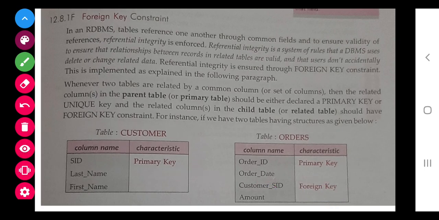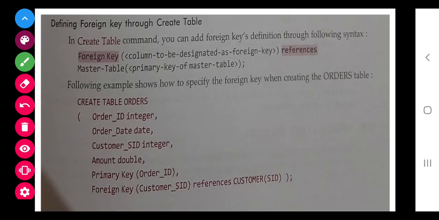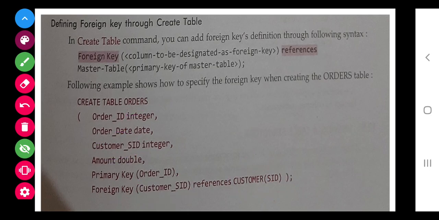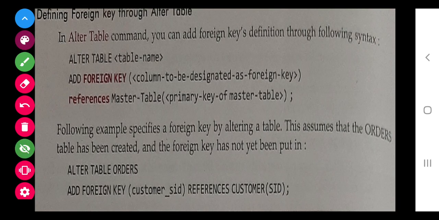While creating a table, we can do alter also. So in this way we can give. Now see, while creating a table, how you are going to do it. When you create the second table, here you have to write foreign key customer ID, which is already created, and refers to the customer table. In the customer table there is a column which you want to refer to. So that's the reference we can give. So foreign key is used for that.